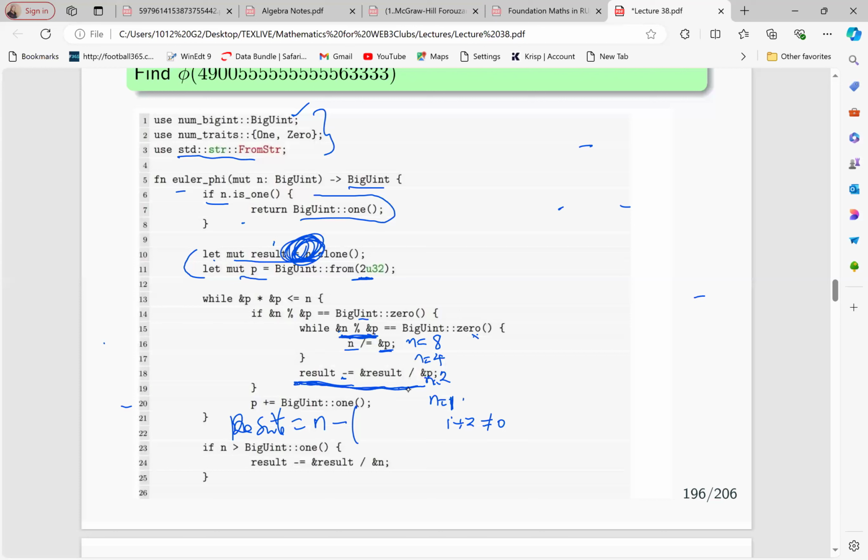That is our new result. The mutable result which we left here, take it